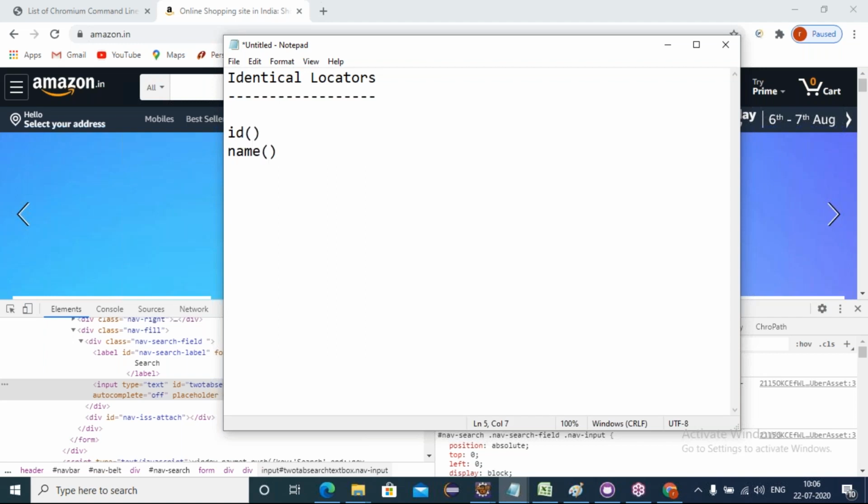Next is the name locator. Next is the class name locator. Next is XPath. Next is CSS selector, link text, partial link text.